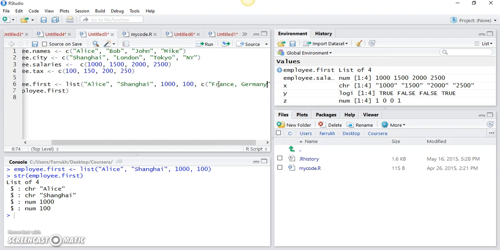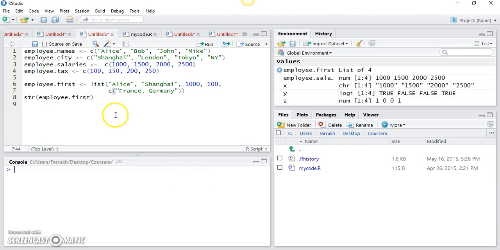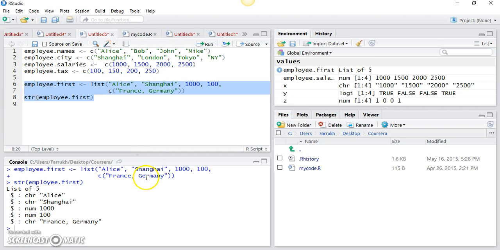So you can create a vector as an element of this list. So if I clear the console and if I run these 2 lines of code again, what I'll see is